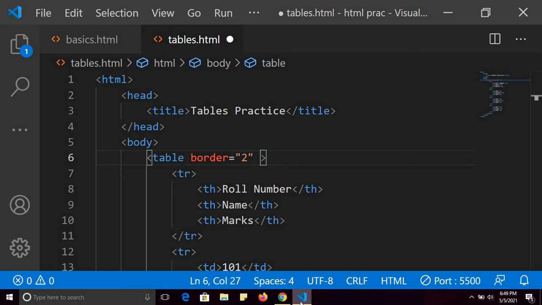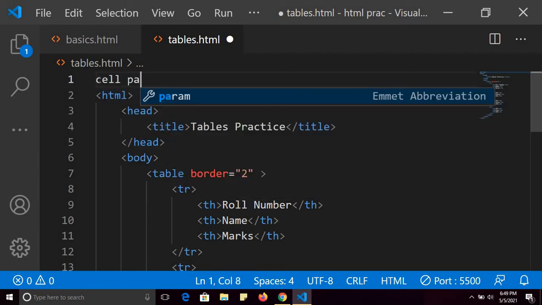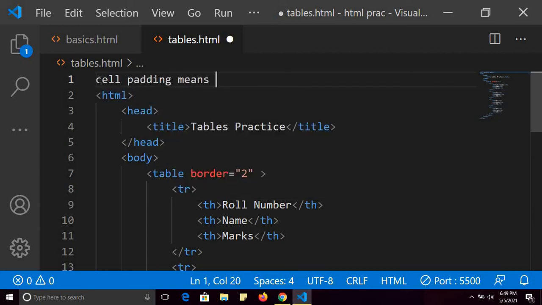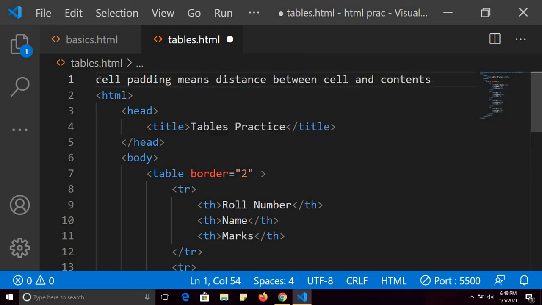Cell padding means, let me write here for your reference. Cell padding means the distance between cell border and contents within a cell, and let me comment it.